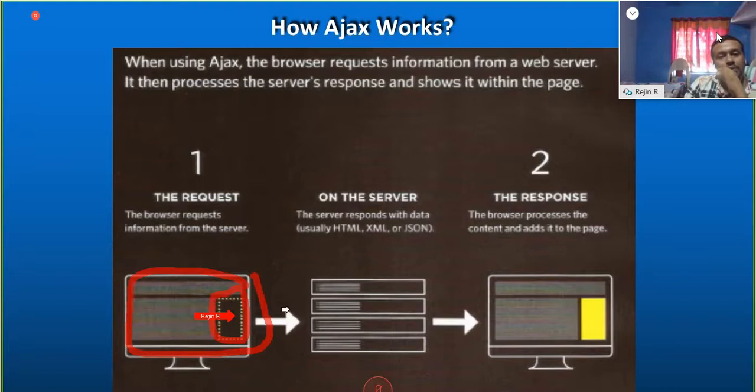Asynchronous requests will be sent to the server requesting this portion's data, this portion's data, and this portion's data. Imagine that this portion's data is available from the server, and it will be sent back, and that portion will get updated.